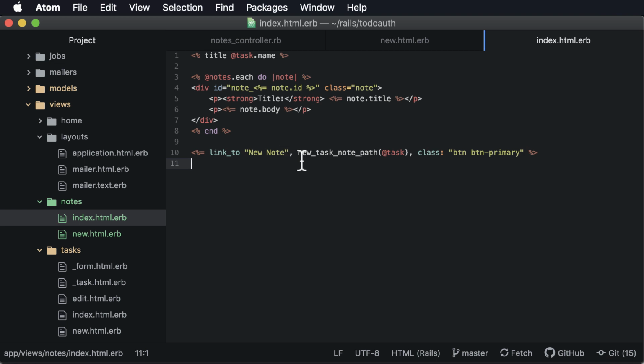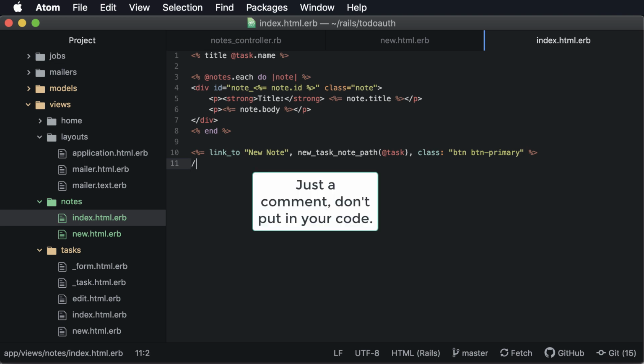And if you notice, it says new task note path. And again, this is our RESTful routing helper that creates URLs. And the URL it will create will be something like this. We'll go tasks, and we'll have the task ID, then notes, and then the new after it. And that URL will route to the notes controller and the new action,